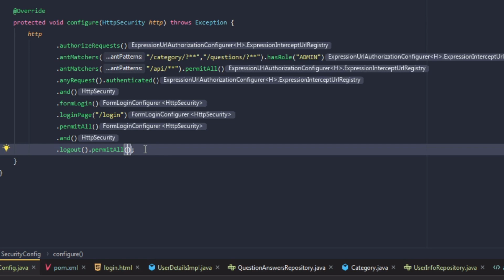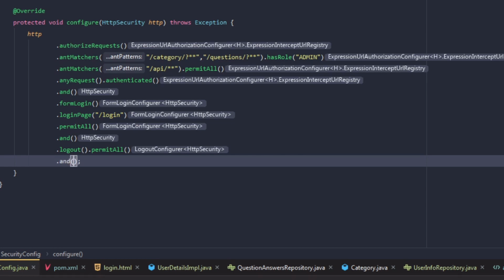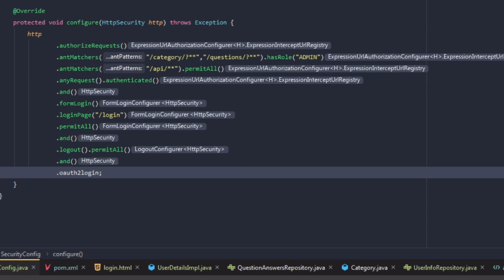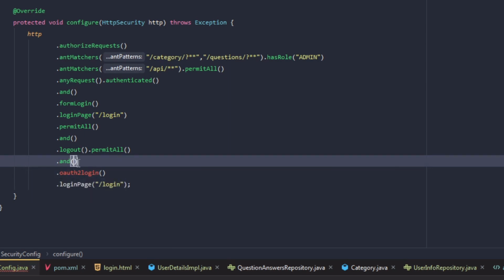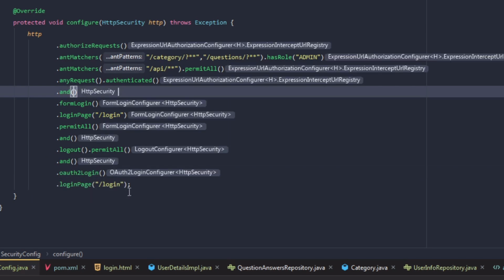We will add the OAuth 2 configuration to this HttpSecurity object. To the existing object, add oauth2Login and configure the login page for OAuth 2 login as /login. If the login path in oauth2Login is not defined, Spring Security will generate a default login page with a hyperlink to Okta's login page, overriding our custom form login page. In our application, we want both form login and single sign-on from our custom login page. Hence, we will provide the login page for OAuth 2 login as /login.